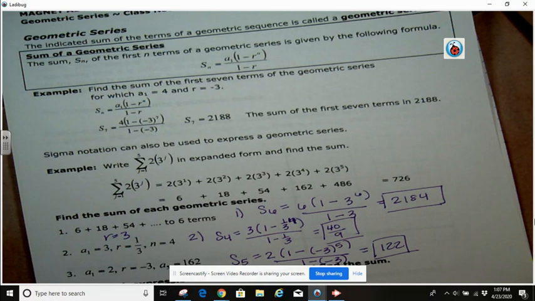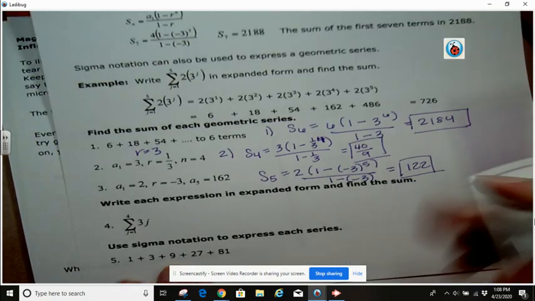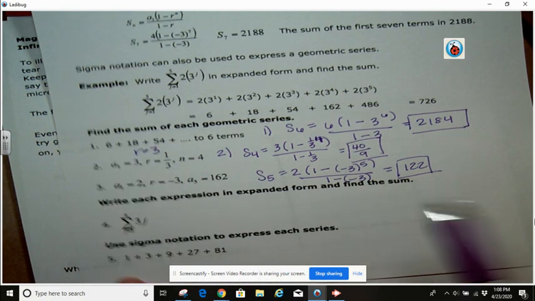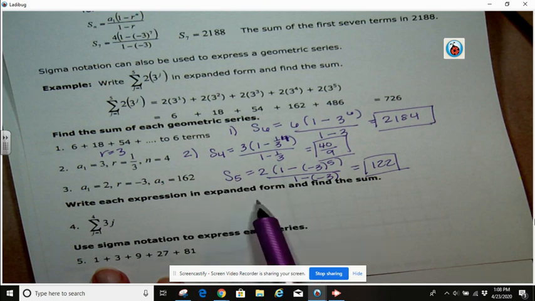All right, so last we got the sigma notation. It works the same way. This example is actually arithmetic because this is linear, not exponential. It would have to be 3 to the j power to be geometric, but it works the same way no matter what, because they want this to be written in expanded form, which means you have to write out the whole thing anyway. And if you have to write it all out, you might as well just add the